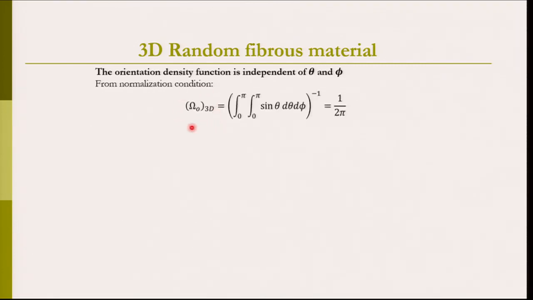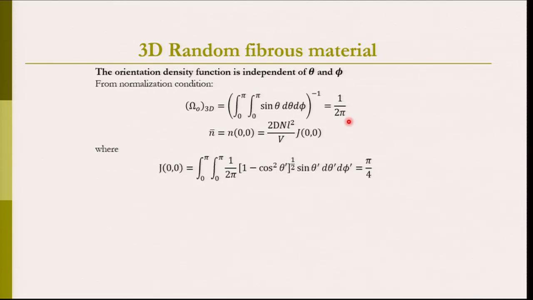Now, our new orientation density function omega naught 3D would be simply the inverse of the integral between 0 to pi and 0 to pi again of sin theta d theta d phi, which will be 1 by 2 pi. So, we can recalculate the values of average number of fiber to fiber contacts, since we know the values of